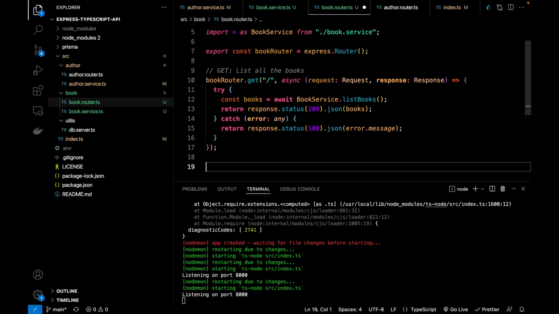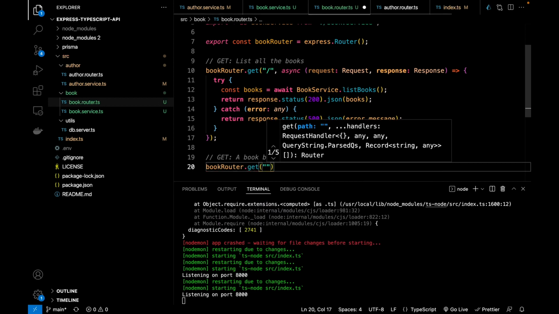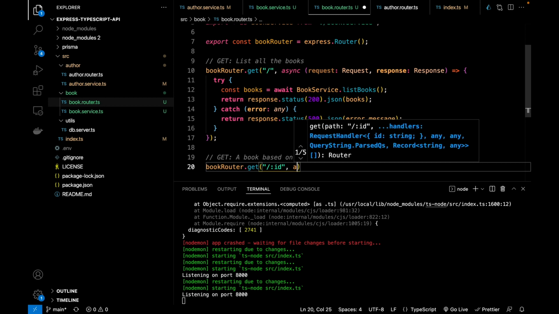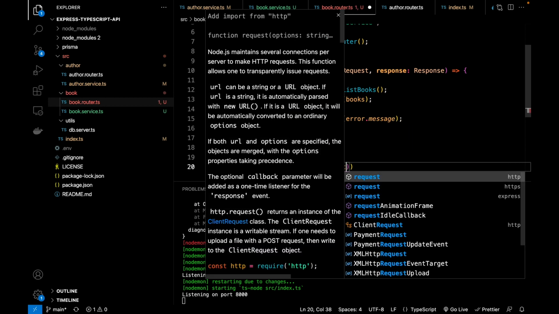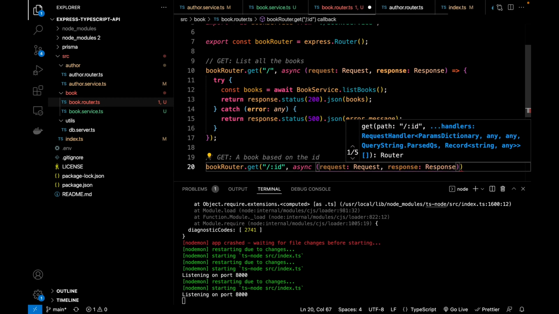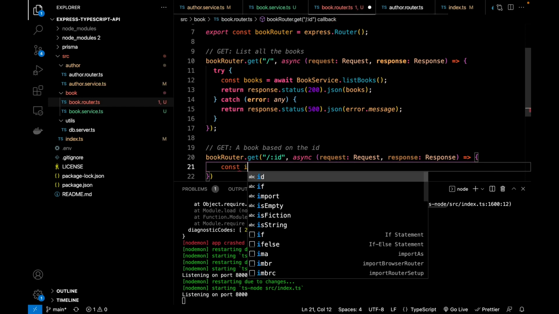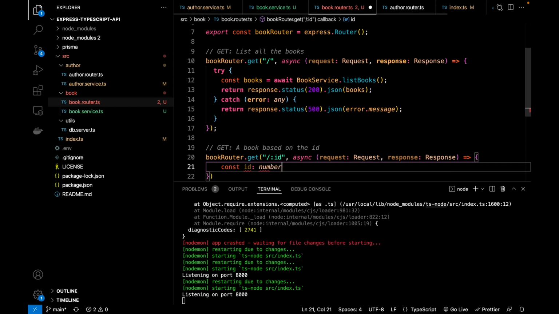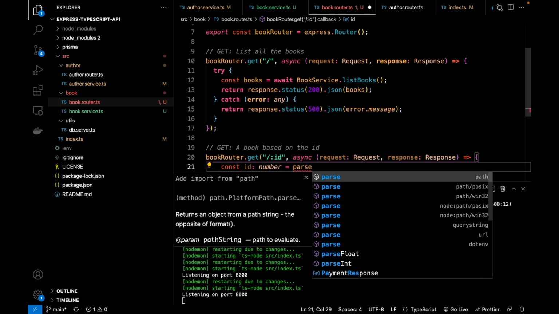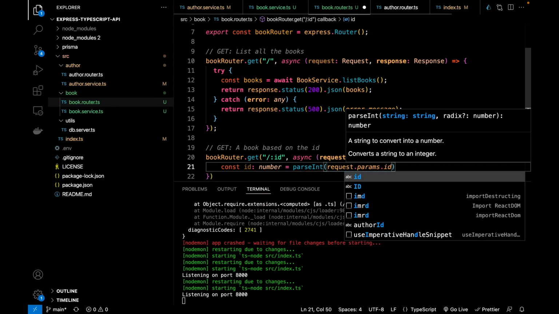So the next one is to get a book based on the ID. Say book router.get, and then ID. Say async request, response, and then here we'll get the ID and make sure that it's a number. So we'll say equals parseInt and request.params.id base 10,